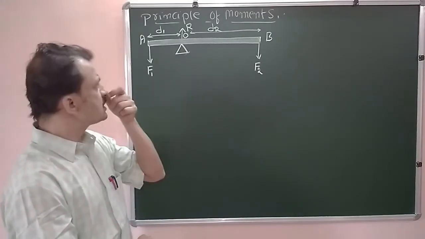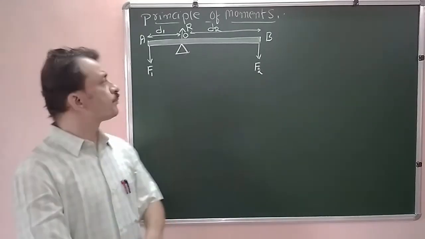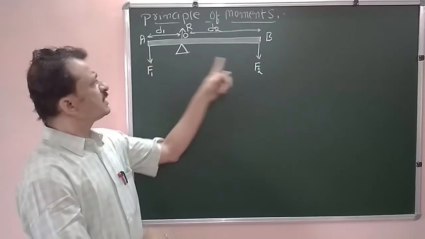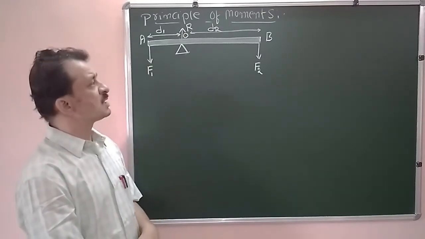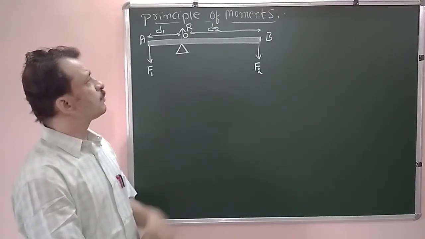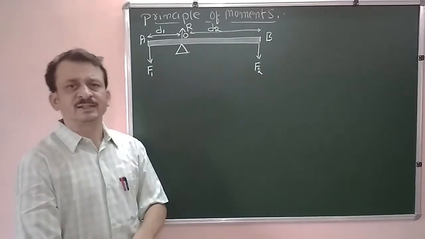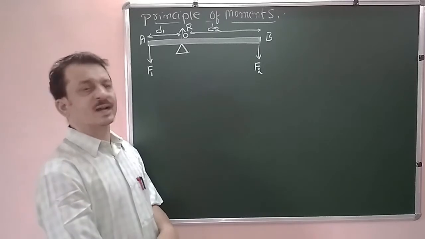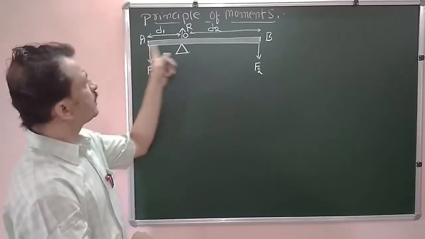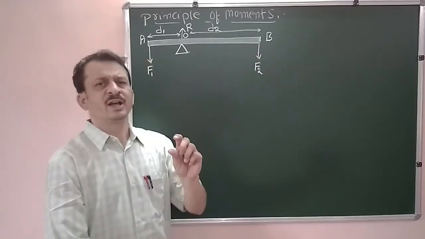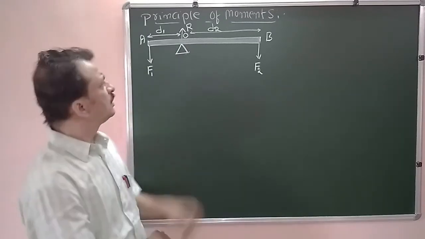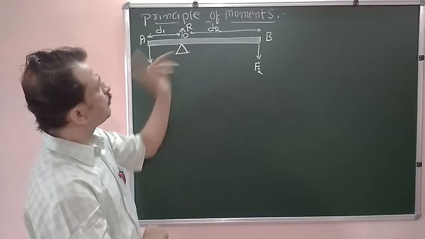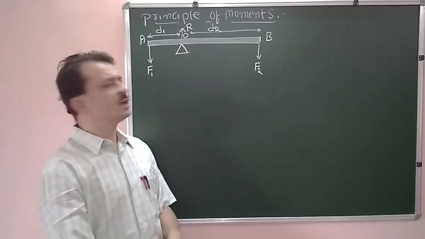Now here we will consider a lever. Now lever is nothing but a light rod having a negligible mass, and it is pivoted at a point along its length as shown in the diagram. Here AB is a lever having a lesser mass, almost negligible, and it is pivoted at some point O as shown in the figure.